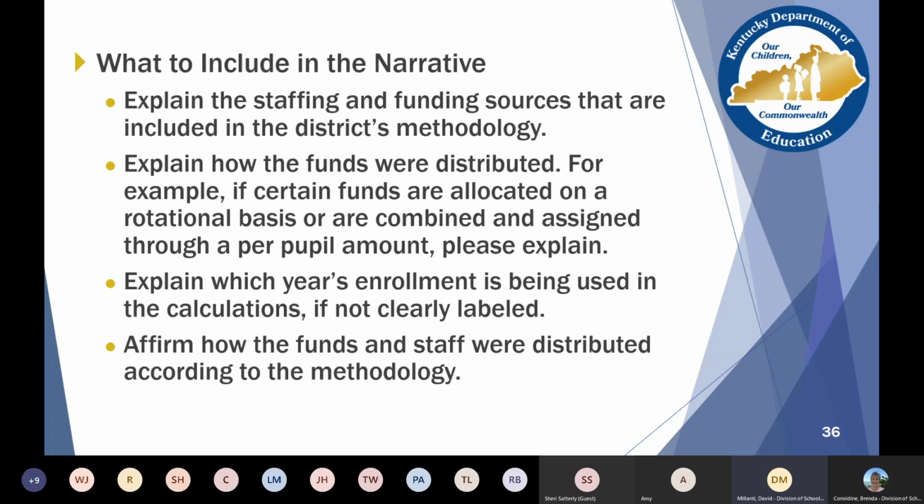Right. A lot of people do, spreadsheets for allocations. Yes, that's what I was thinking. And those things are already in place, so it's not like you have to reinvent the wheel here. You're essentially using what you have, plus providing a narrative and some numbers to document that you're meeting that requirement. Generally, I would say, the staffing allocations are approved every spring at the district level by the local board, and that would probably drive your narrative because they're going to talk about what funding sources those are coming from